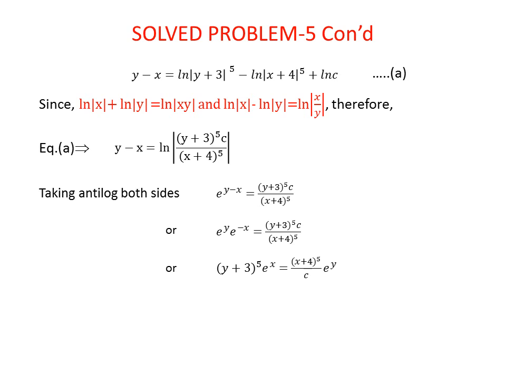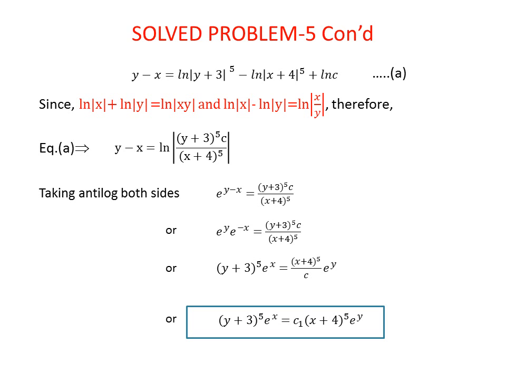Now we can arrange the terms as, on the left hand side, (y plus 3) to the power 5 e to the power x, which is equal to (x plus 4) to the power 5 e^y, whole divided by c. Here we solve the equation according to the answer given in the book. We can also solve it otherwise. So after this step,